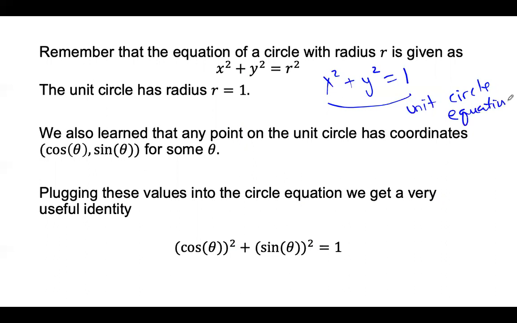We also just learned that any point on that unit circle has these coordinates: the cosine of this angle is our x, and the sine of this angle is our y, for some theta. So if we sub in x and y into the unit circle equation, this implies that the cosine of this angle squared,